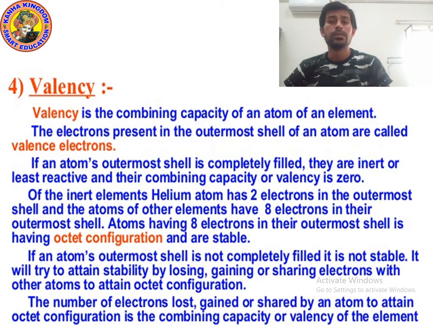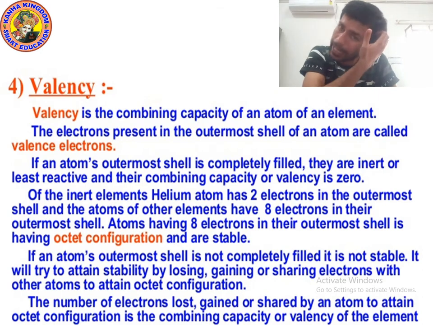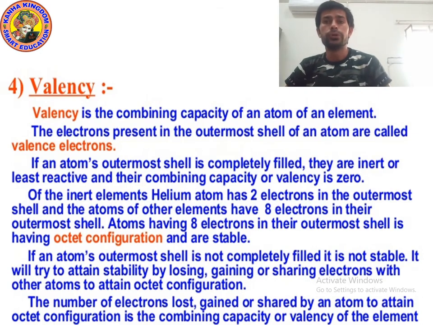Let's take the example of lithium. In lithium, 3 electrons are present. In the first K shell, we can fill a maximum of 2 electrons. So 3 minus 2 is 1. Now 1 electron is remaining. The next shell is the L shell. In the L shell, we can fill a maximum of 8, but lithium has only 1 remaining electron, so we will write 1.